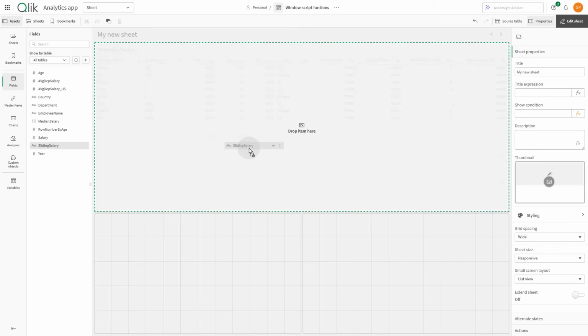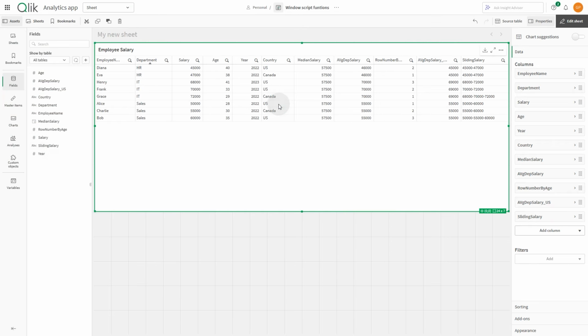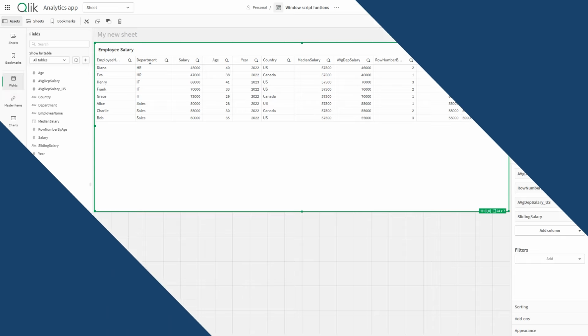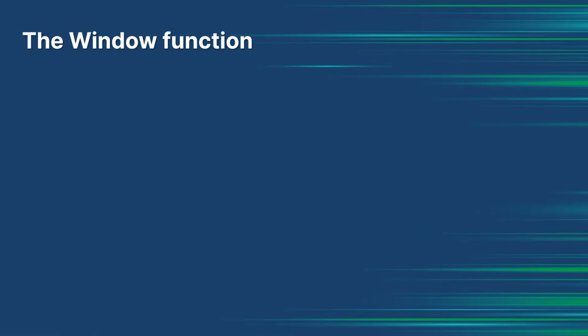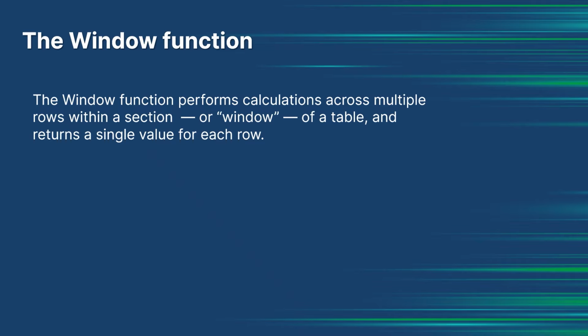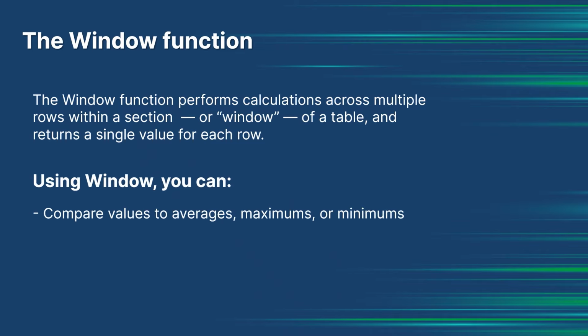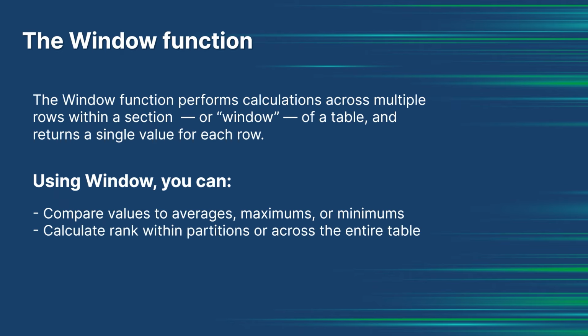In this video, we're diving into one of the most powerful functions in Qlik, the window function. If you've ever wanted to compare a row's value with averages, ranks, or totals across other rows, window is the best way to do it. The window function performs calculations across multiple rows within a section or window of a table and returns a single value for each row. Using window, you can compare values to averages, maximums, or minimums, calculate rank within partitions or